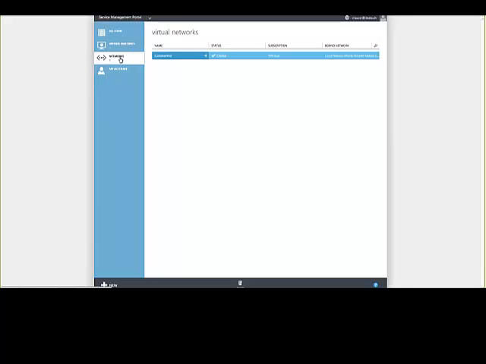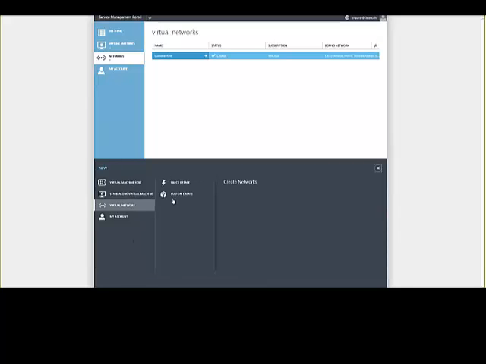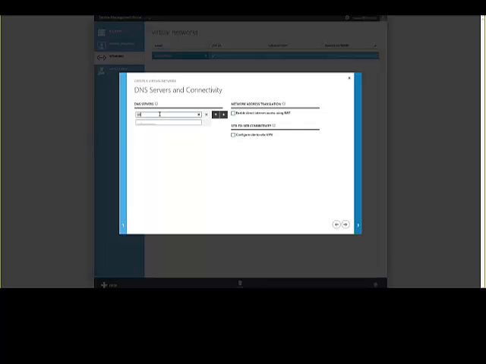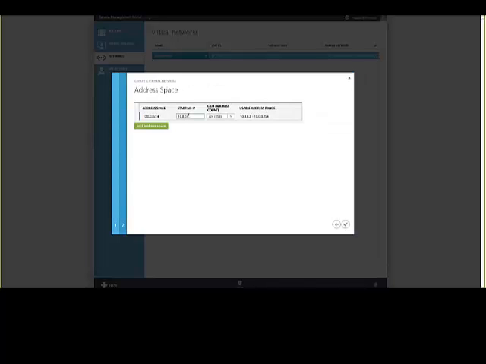I've shown you how you can do that in VMM, but the customer can also do that by themselves if they're allowed to. So what they can do is create a new virtual network, enter a new name, customer, and then configure that network and enter, for example, a DNS server, things like that. They could also use the network virtualization gateway if they want to, and then I can create that subnet.